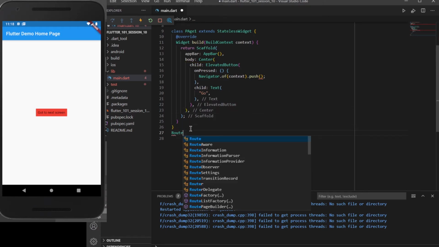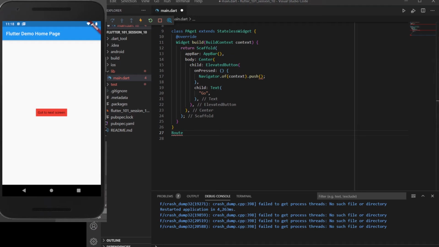The route will be named _createRoute, and inside it we need to return a PageRouteBuilder. The PageRouteBuilder will have a pageBuilder inside it, which takes a context, an animation, and apart from the animation, one more thing which is secondaryAnimation.